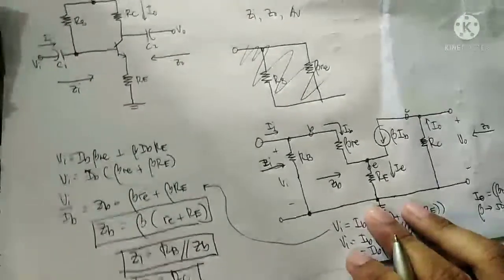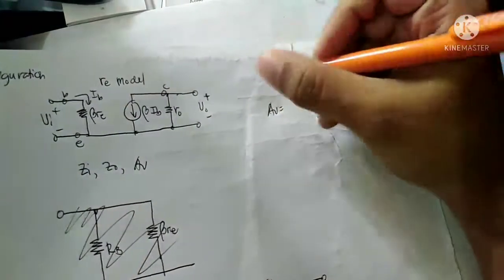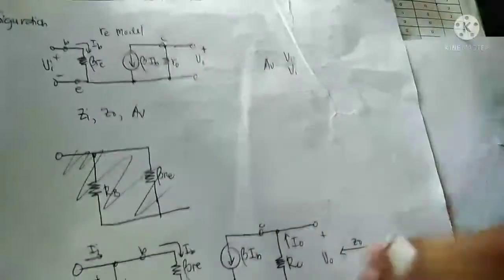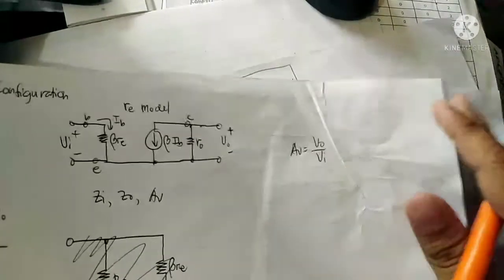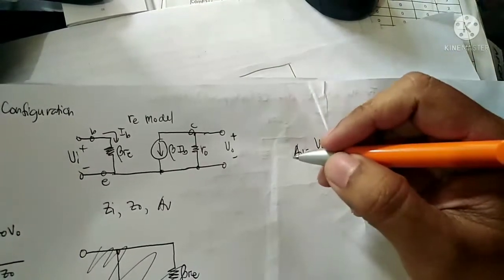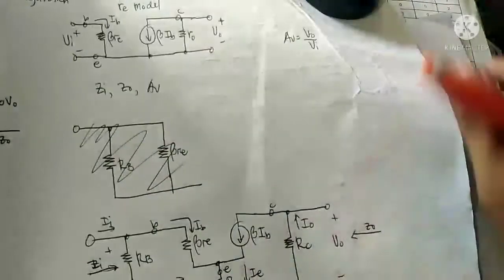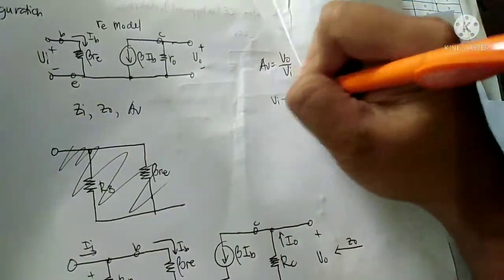So let's now compute the voltage gain Av. The voltage gain is equal to Vo over Vi. So from this circuit diagram, the equivalent circuit, as you can see, Vi is just equal to